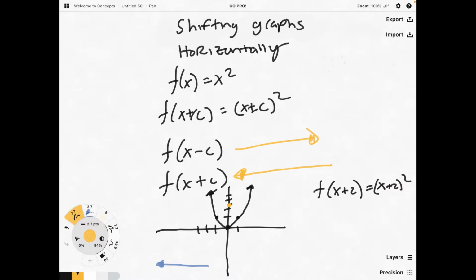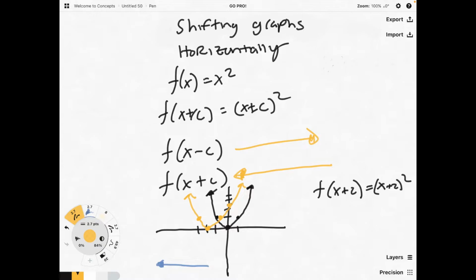If we plug in negative 2, then we're going to be left with 0, so that would go there. If we plug in negative 3, we're going to be left with 1, so that's going to go there. If we plug in a negative 1, we're going to be left with 1 again, so that's going to go here. We can connect these dots